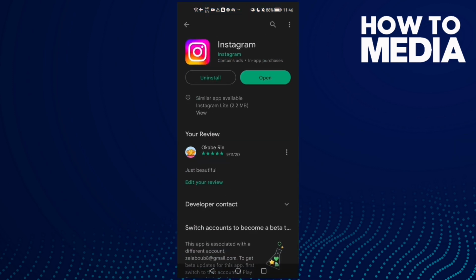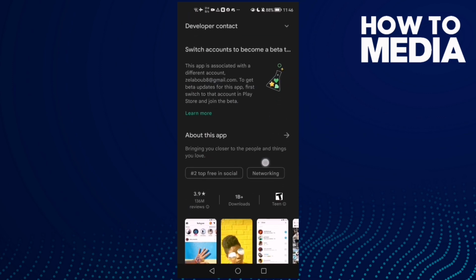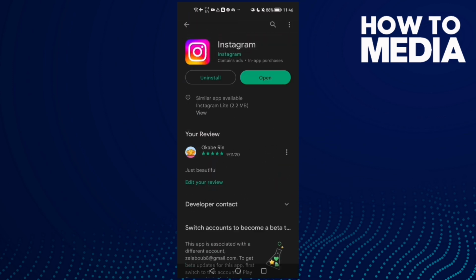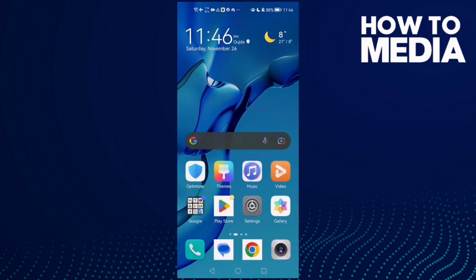First, open Play Store and make sure your Instagram is updated. And if you found here update, just click update. And if that doesn't fix your problem, now just restart your phone and try again, and if that also doesn't fix it and you have an Android